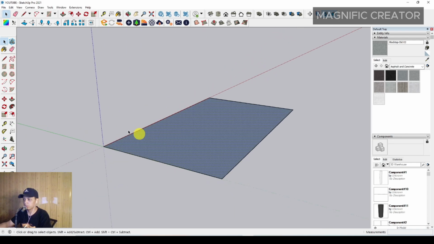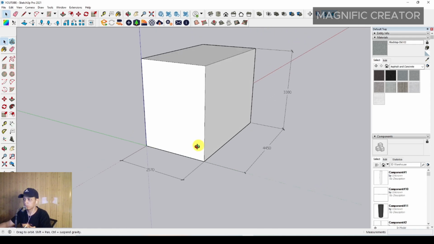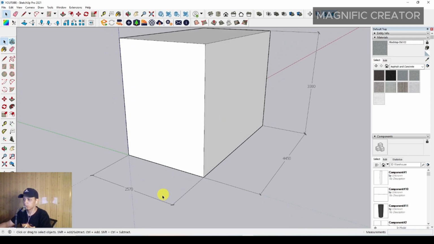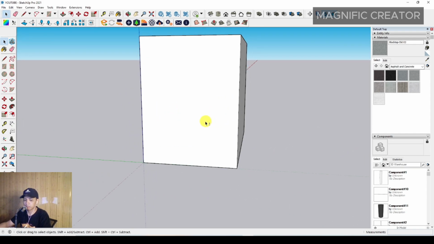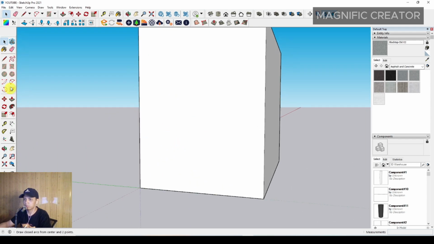Okay, then we have to push it up. We have to push it up maybe around this, and I will show you the dimension. You can try it with a simpler dimension because it's just a simple execution of the dimension. Okay, and after that we have to delete this first, and then we can make a curvy shape in here